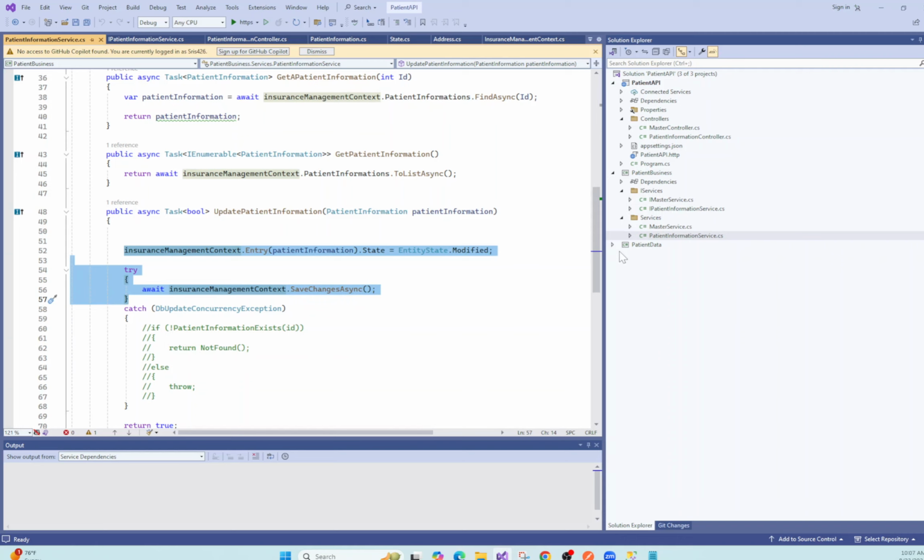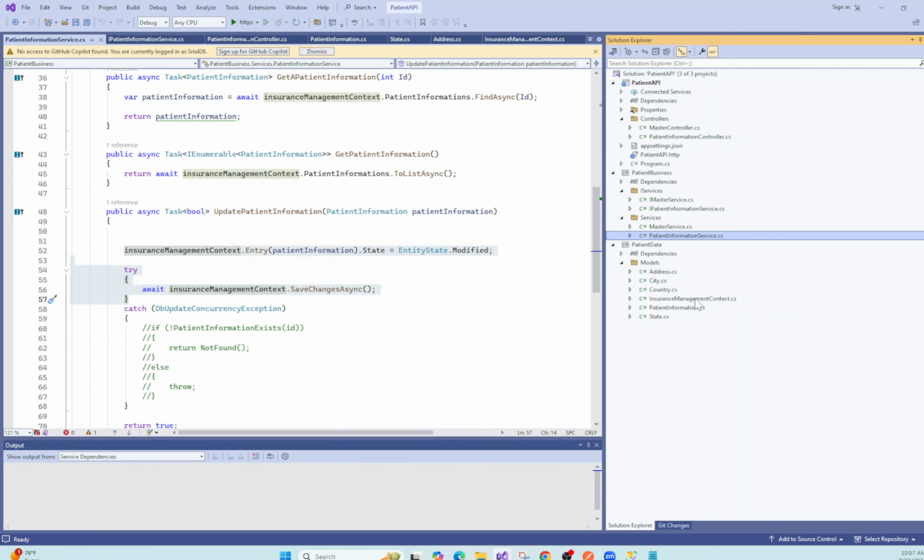And before that, we have seen how to generate the models and also the DB context